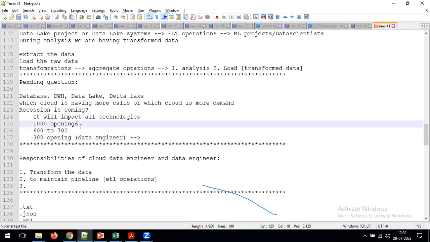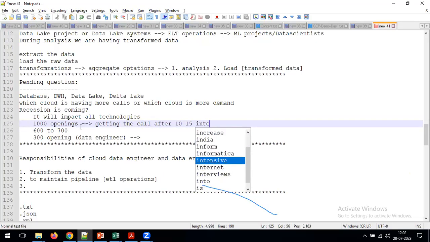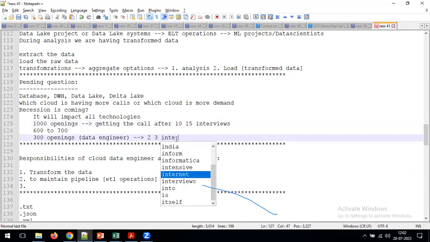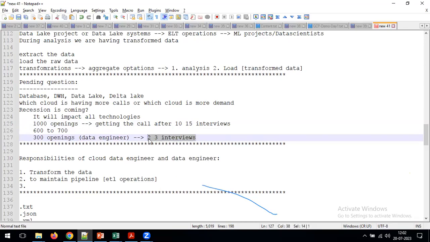Now, when you are having the 1,000 openings, you are getting the job after 10-15 interviews. Now you tell me, for example, if we are going to have the 300 openings, by when you need to get the job? You need to wait for 10-15 interviews, or within 2-3 interviews only you need to get the job? I can say within 2-3 interviews only you need to try to get the